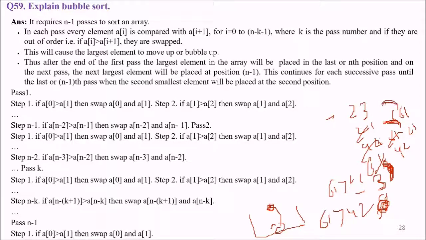Now 61 will be compared with 23. 61 is greater than 23, so this will be swapped. 61 will come here and 23 will come here. So after one pass, this will be 61, 23, 21, 42, and then 3. For one pass, the highest element, the maximum of all, will come to this side, on the top. Or you can do it this way, that you can compare.